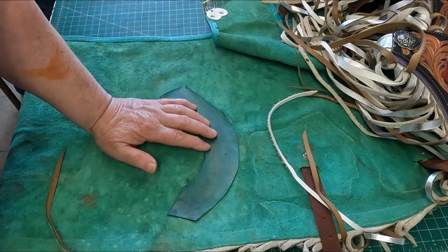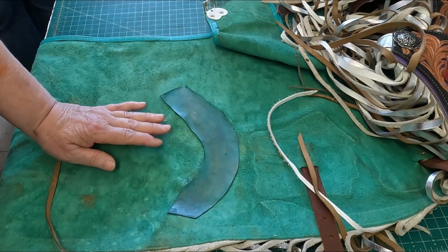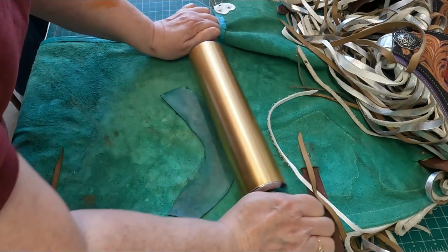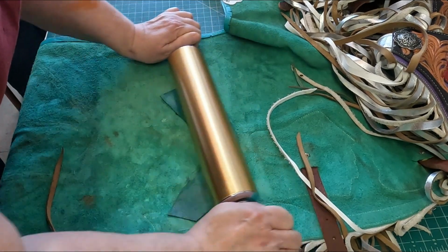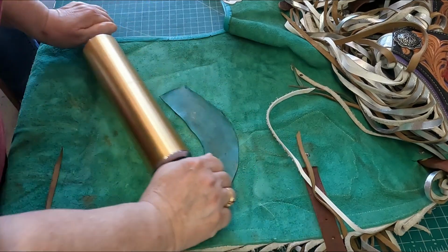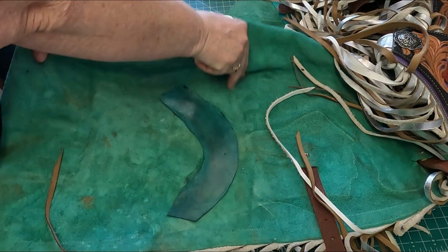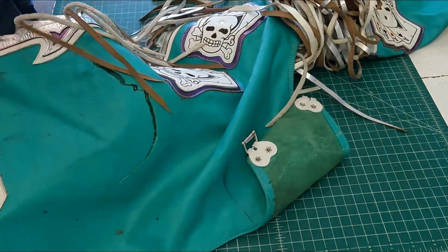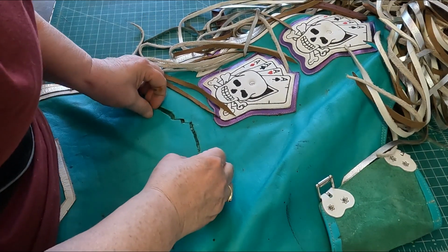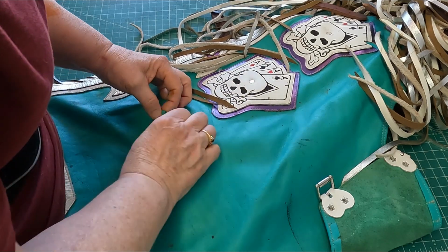So if you really need to get it flat because we have it a little bit curled, what you can do is take grandma's old, what is this called? A rolling pin. Thank you. And flatten it out so there's no air bubbles or anything in there. Okay, so we're gonna flip this over and we're gonna have a challenge because we have a split. Okay, so what we need to do, it's going to be very sticky, which I should have done the other thing first before I did the rolling pin,